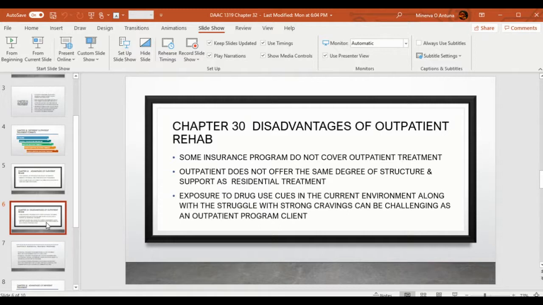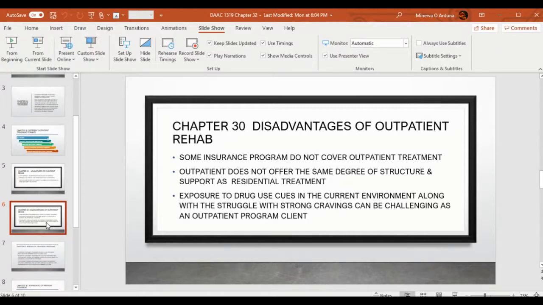Outpatient does not offer the same degree of structure and support as a residential treatment. So you may be working on outpatient, but you need more because you're not really following the rules because there isn't that enforcement that you need. You haven't developed the internal controls and still need the